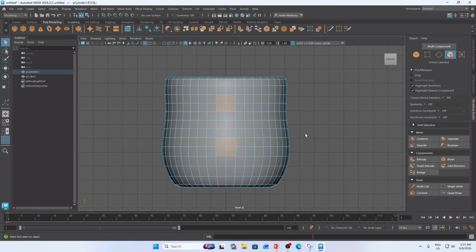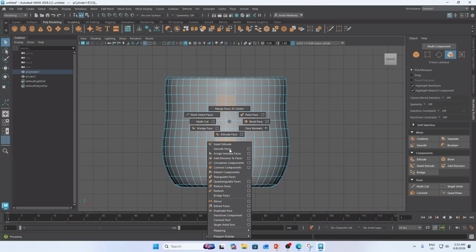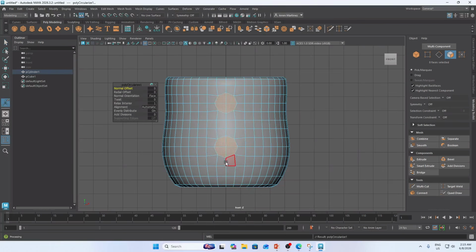Now while holding shift, I will hold right click. There are so many options that you can see, but just click circularize component. So you see it turns circularized.